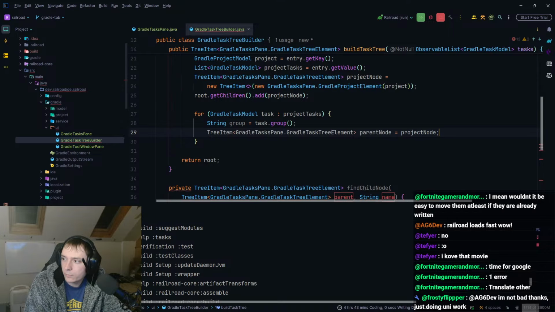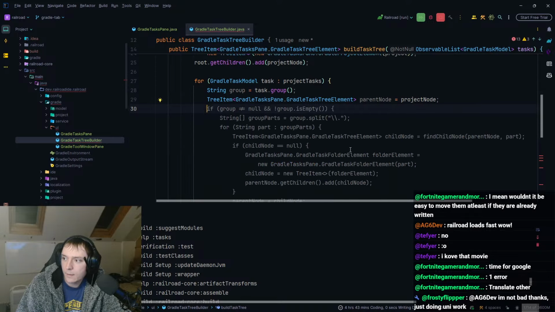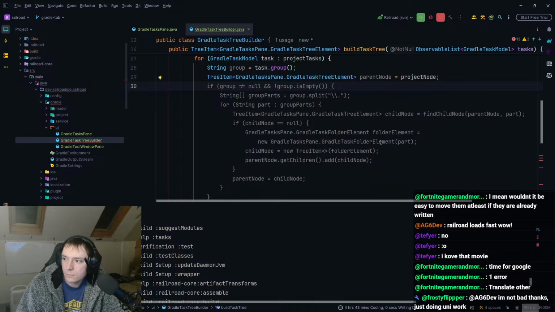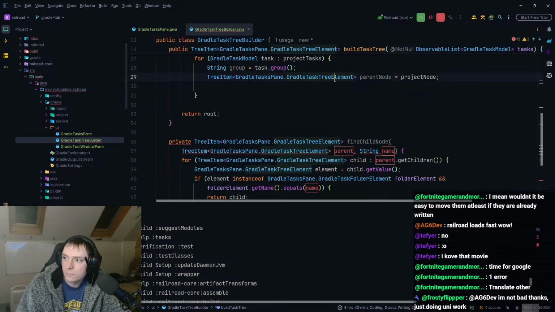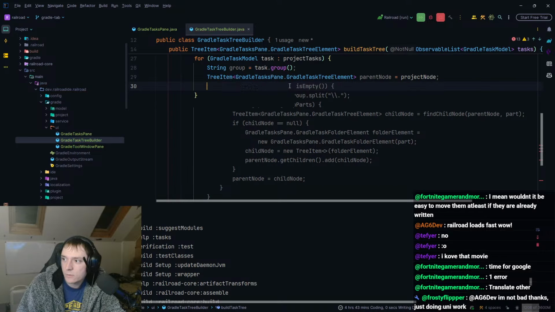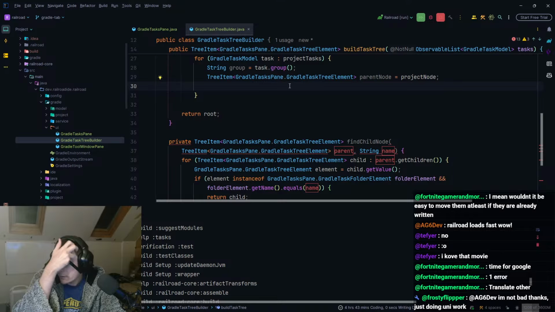So parent node is the project node, and then yeah, Copilot doesn't quite understand, but this is a lot simpler now,